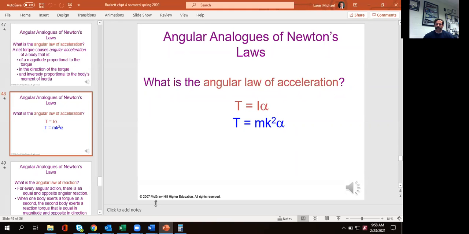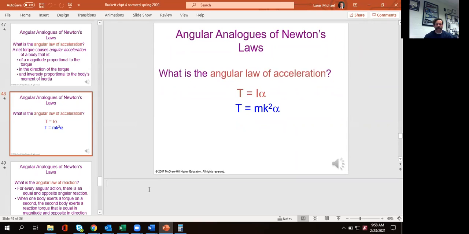So, trying to solve for torque. Our mass is 100. Our radius is 2. And then our degrees per second that we're looking for is going to be 30. So then we have